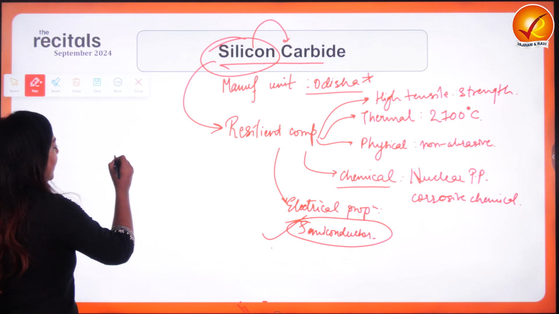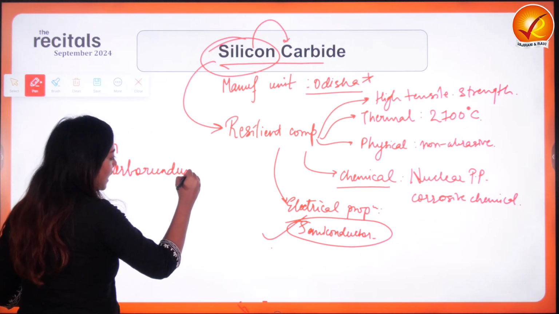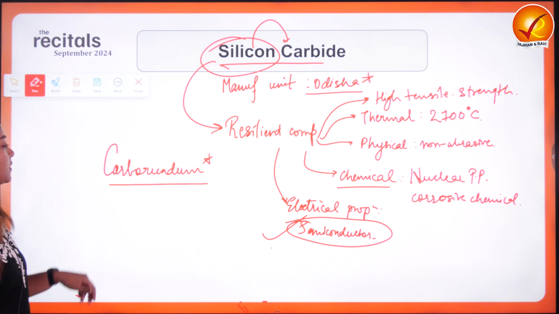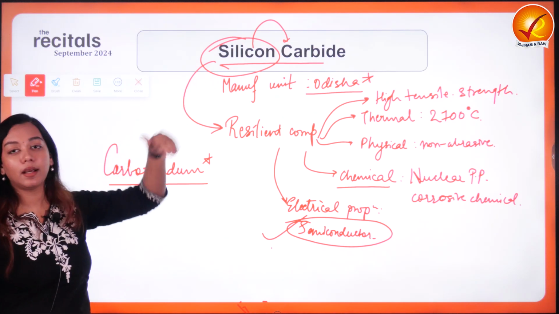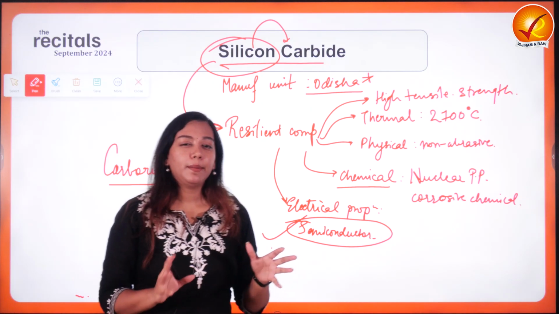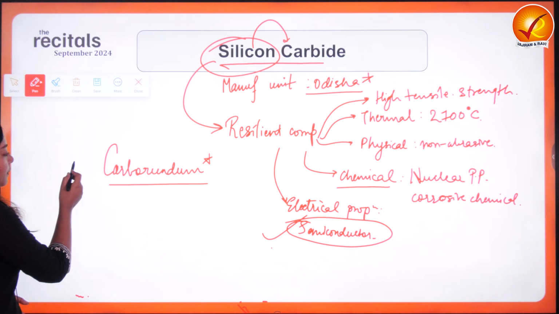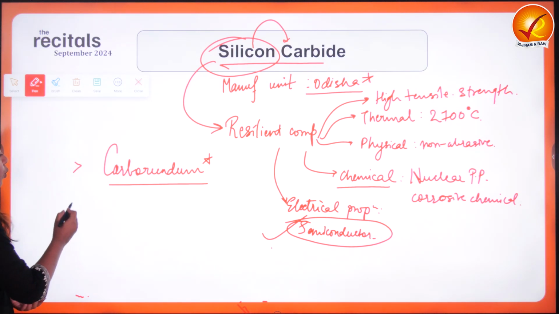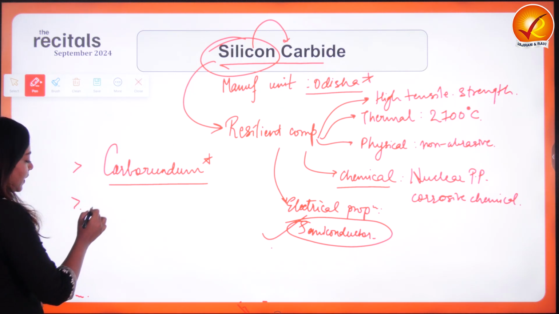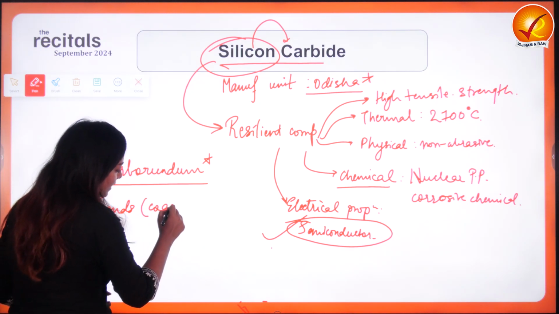Now silicon carbide has another name, which is carborundum. Why am I telling you this? Because in the examination you might be made to answer a question on carborundum and not silicon carbide. In the lack of clarity, despite reading so much about it, you might be lacking the information base. So you must know that carborundum is another name for silicon carbide. Where do we find a huge amount of silica? Generally in sands and in coastal sands.